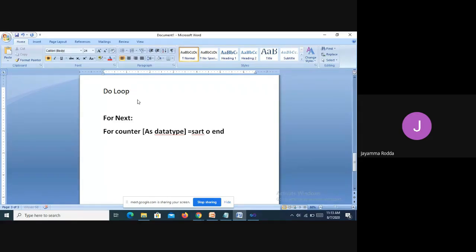This "to" is actually a keyword. Start to end means that we are giving the condition or boundary, followed by the step.